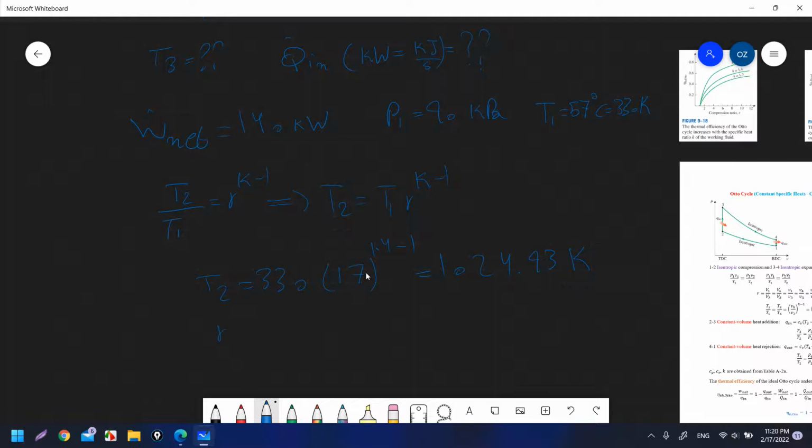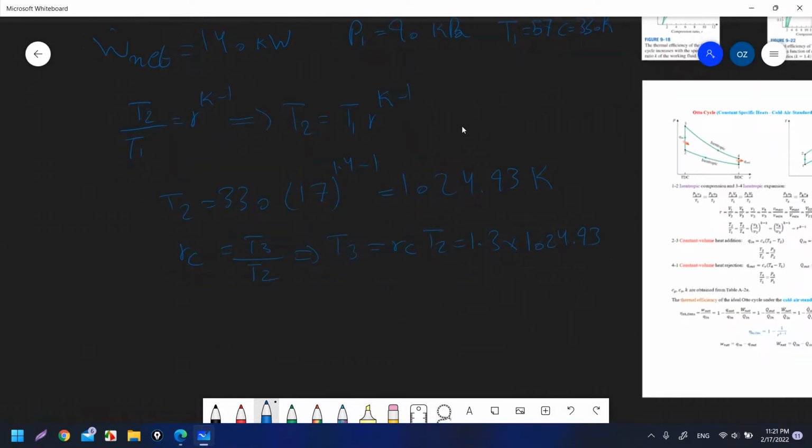Then r_c is equal to T3 over T2, so T3 is equal to r_c times T2. r_c is 1.3, T2 is 1024.93. So T3, that is the first requirement, is 1332.41 Kelvin. Okay. Now for the thermal efficiency of diesel,